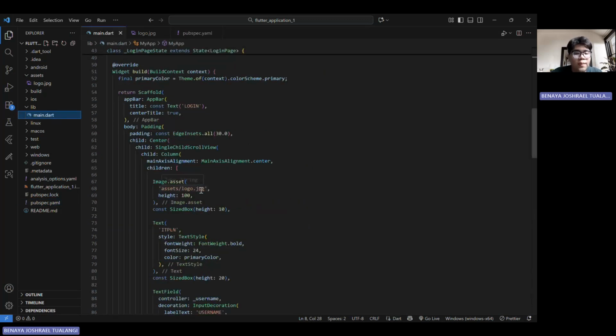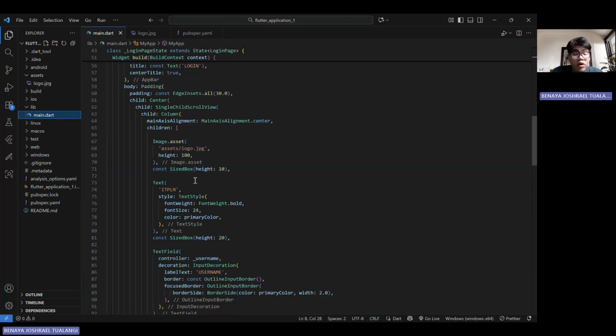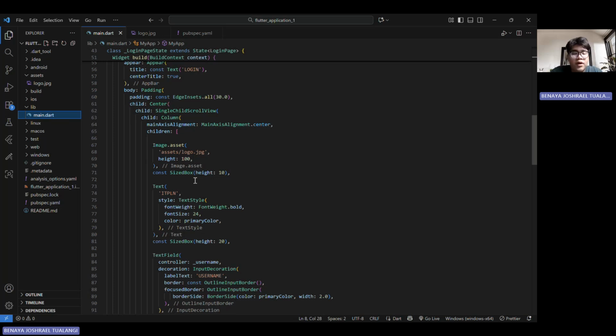After that we input this asset logo.jpg as the file name. If not, the picture, or the logo, wouldn't appear in the application.